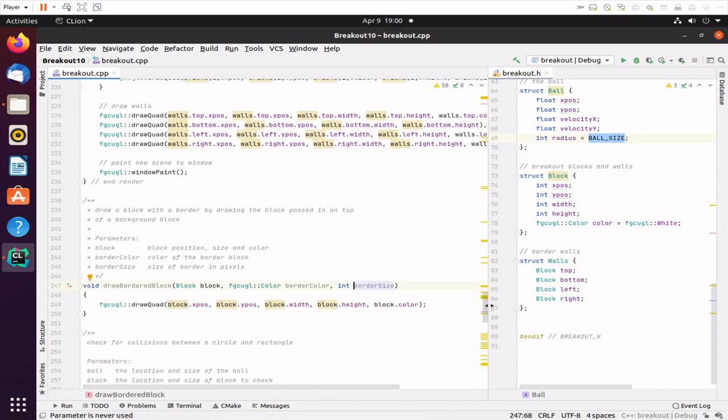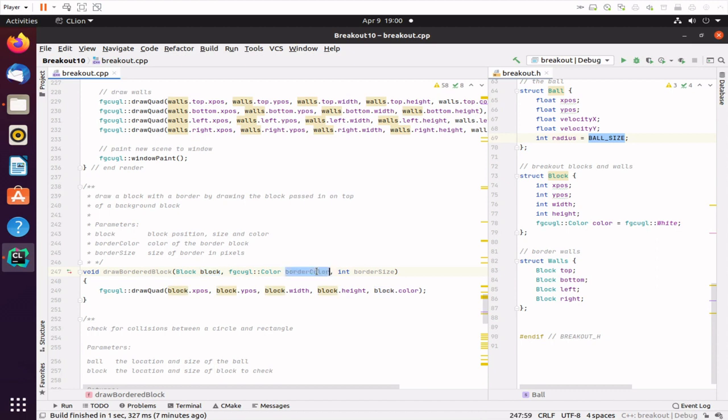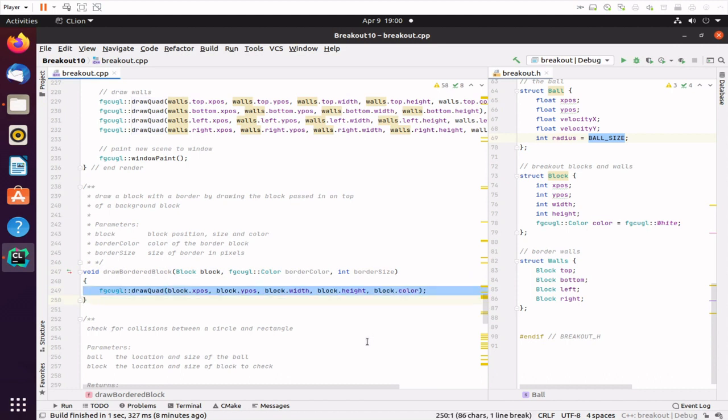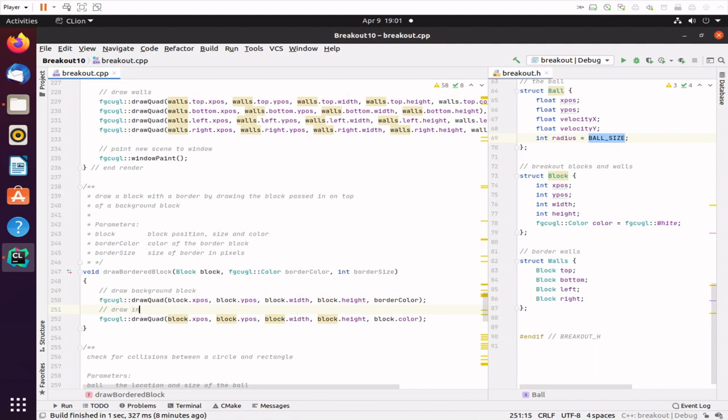Okay, so in my draw border block, first thing I'm going to draw is the block here, but I'm going to draw it with the border color. Actually, wait, before I do that, let me make another copy of this. Okay, so draw background block, and that's going to have border color. Draw inner block, and that is going to have the block color, but it is going to start border size to the right, so plus border size, all right, and it needs to be 1 pixel up from the bottom, or border size up,